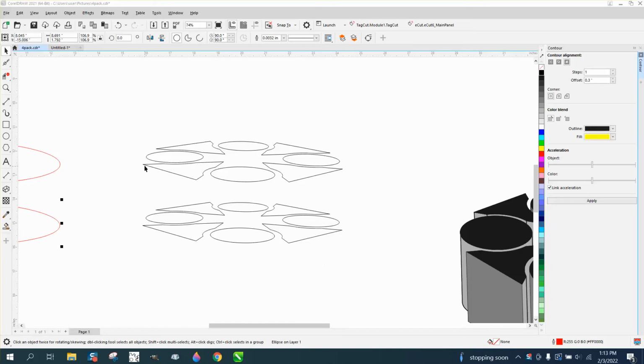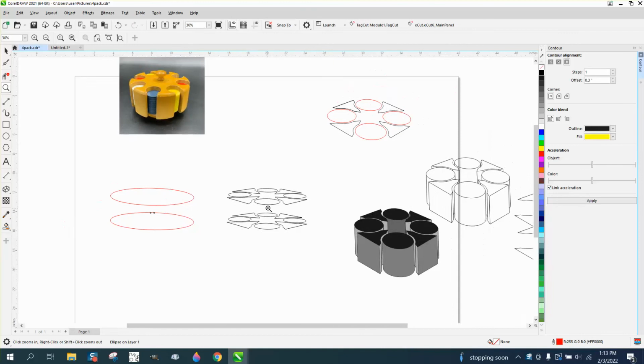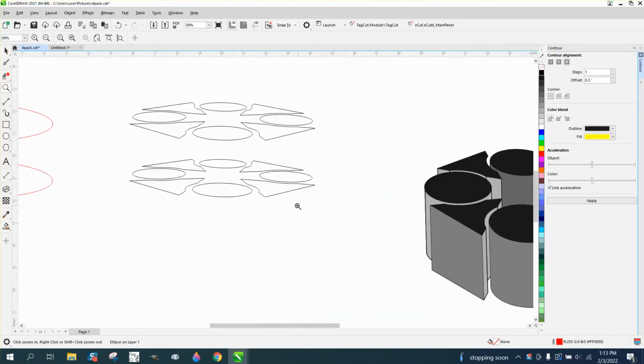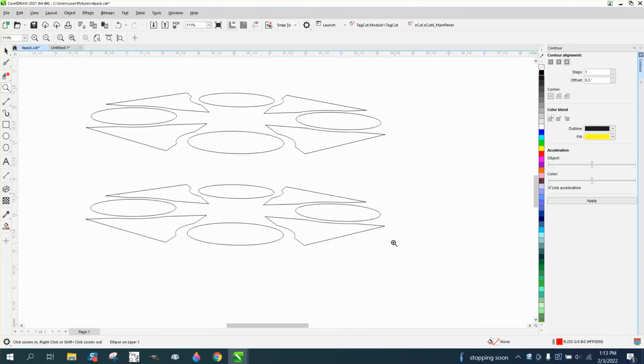Hi, it's me again with Corel Draw Tips and Tricks, and this is part 2 of, I'm calling it a poker chip holder this time, if you've watched this. And if you haven't watched part 1, I actually named it part 1. A lot of times I don't know if I'm going to make a second video. So now we've got these two